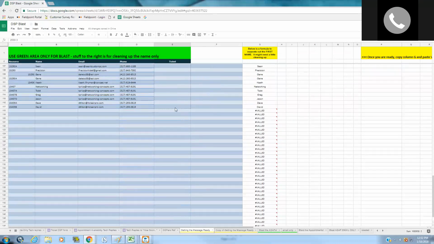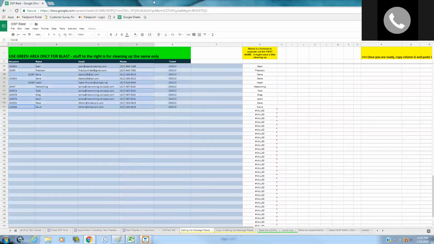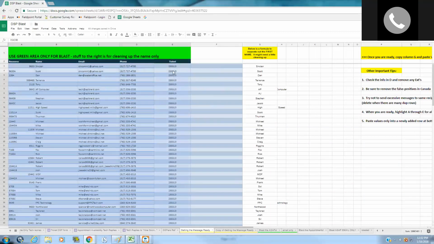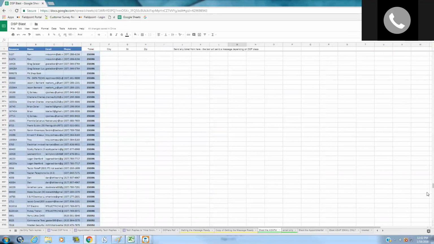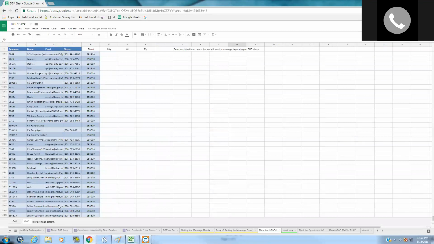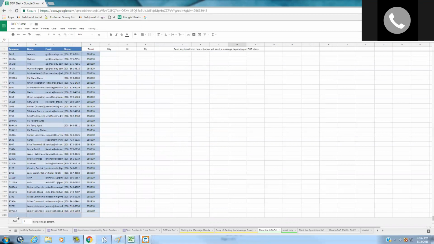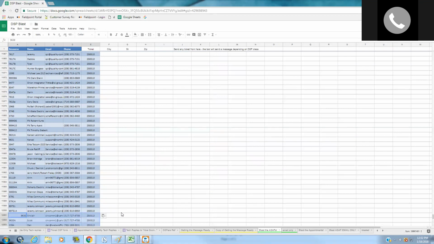All right, and we are seconds away from being done. Now we're going to highlight all the results, including the ticket number, and we are ready to send. Copy, go to the tab called Blast the ASAPs, scroll all the way to the bottom. When you're ready to send, add 1 row, paste everything there, and you just sent 150 customized texts and 150 customized emails with the person's name, with the